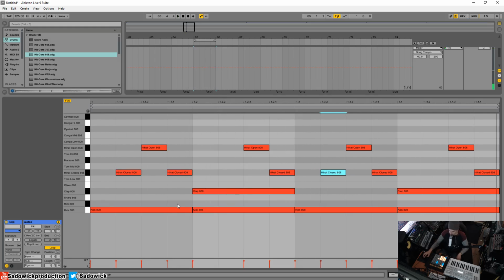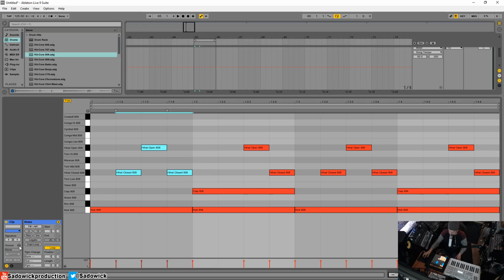Right, so we're missing something, and that is something called swing. What that does is offset things a little bit, because right now it's like on every 16th, it's really rigid, and it doesn't sound too great. So what we can do is apply a groove to this clip by going to this groove option down here,